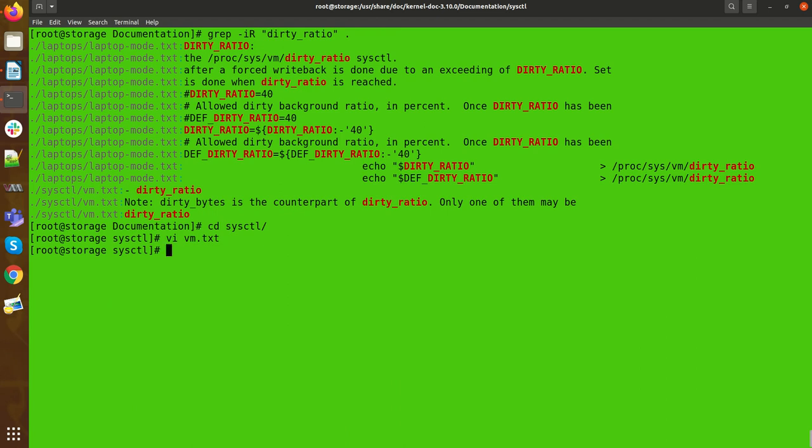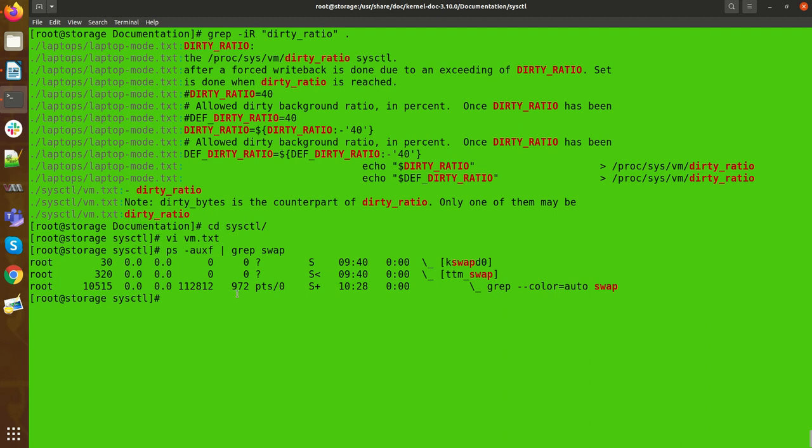Okay, so let me explain one more thing. There is a kswapd daemon which runs when your RAM is going to be full.